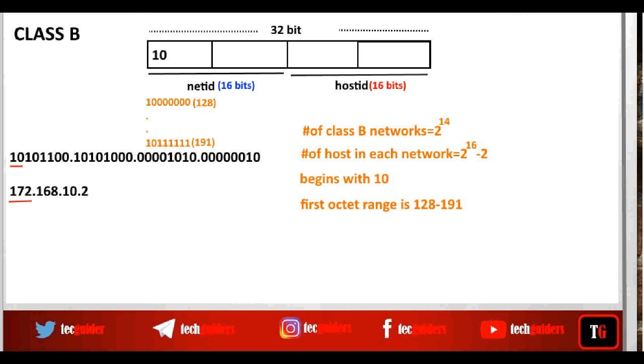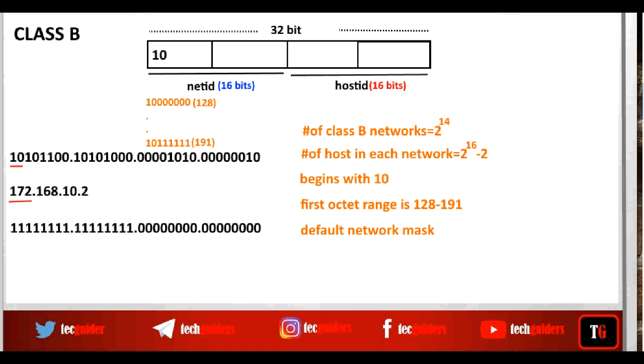And what is the default network mask for Class B? All Class B IP addresses consist of the network ID in the first 2 octets and the host ID in the last 2 octets. So their corresponding network mask is all ones in the first 2 octets and all zeros in the last 2 octets. So the default network mask for Class B IP addresses is